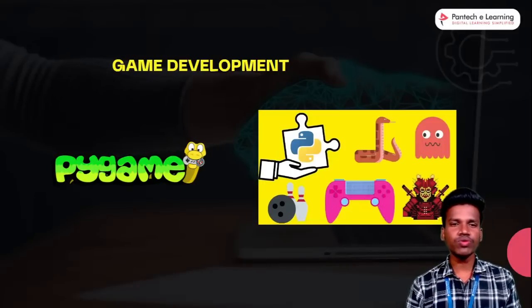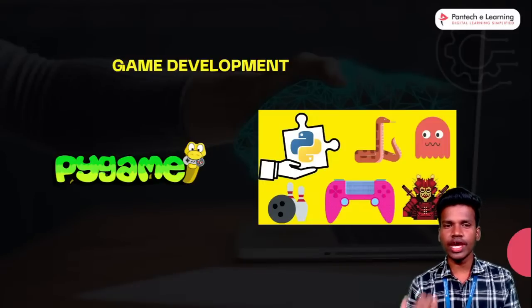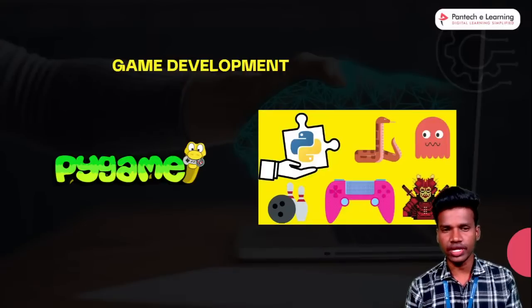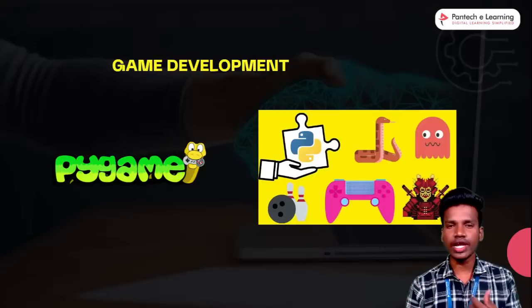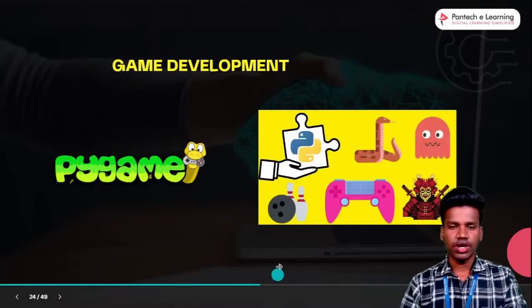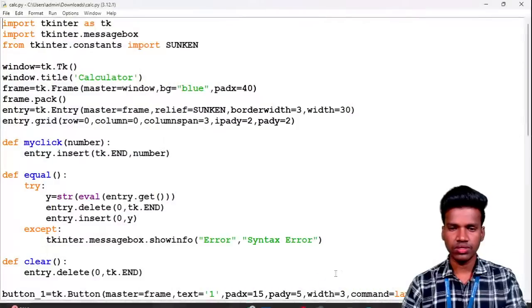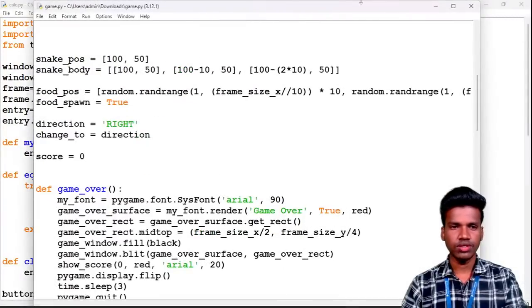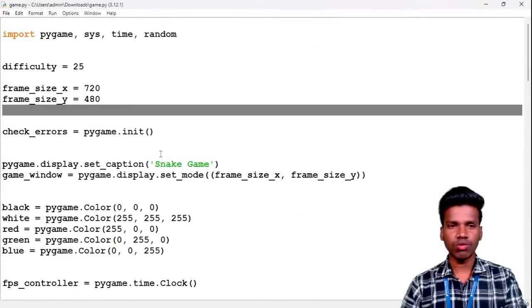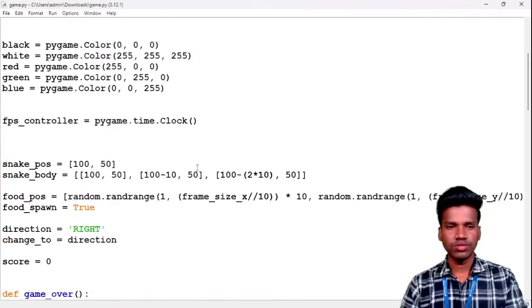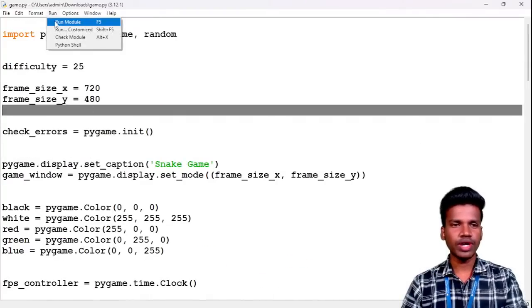So next, we are moving to game development. As already told, game development is also one kind of application of Python, right? If you are creating any kind of game, we use the Pygame package. It is used for creating all kinds of games, right? Pygame is one kind of package to create games. This one also I will show as an example. Okay, wait a second. So this is the game's overall code, right? Now I run this one also, then only you can understand.